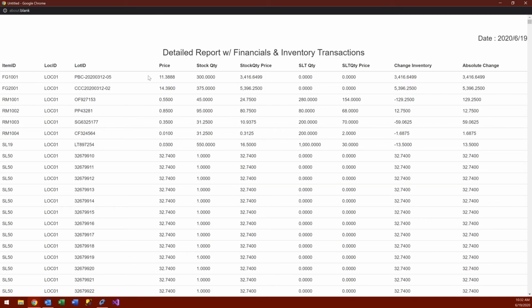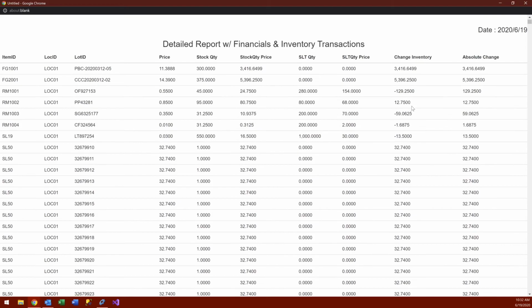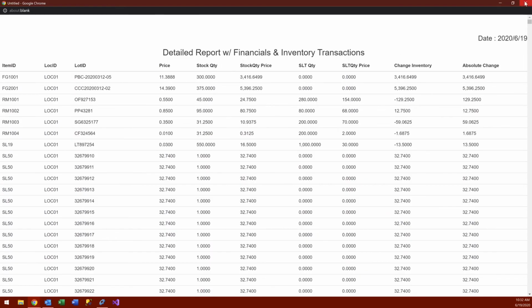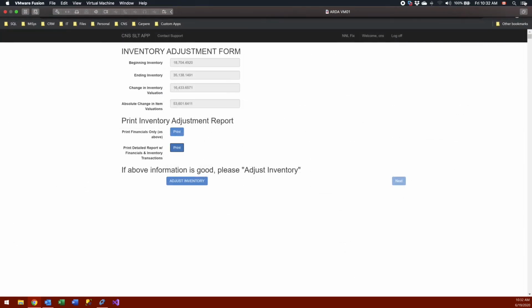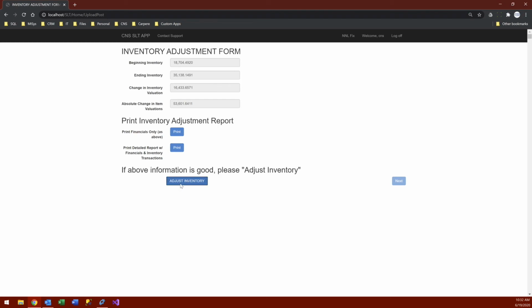Now at this step, the app is walking this back and saying, hey, you need to add 300 to your inventory, but now it's actually giving it a lot number. So when we make this adjustment, finished good 1001 will go back to the original stock quantity of 800, but now there will be no discrepancy between the SLT and the stock quantities. And so it has a long list of all the items that have shown discrepancy. So we adjust inventory here,